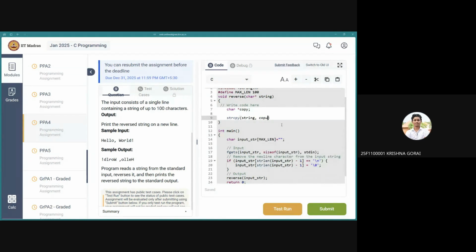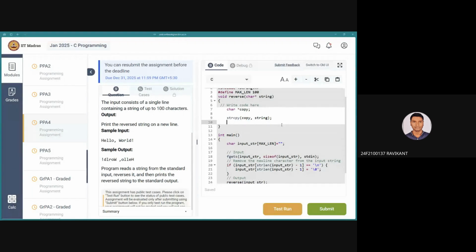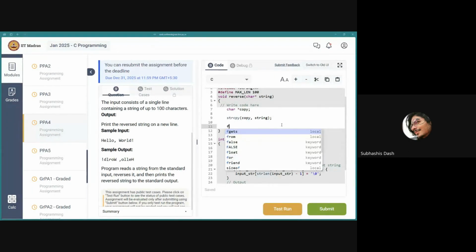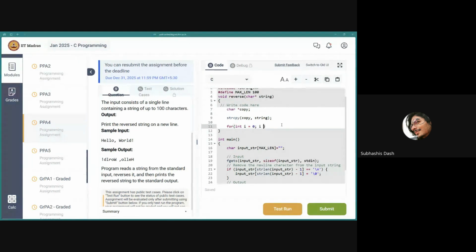No, we have to put first copy, which is the destination, and then string, which is our source. Yes. So now can I just do for int i equals 0, i less than strlen of string,